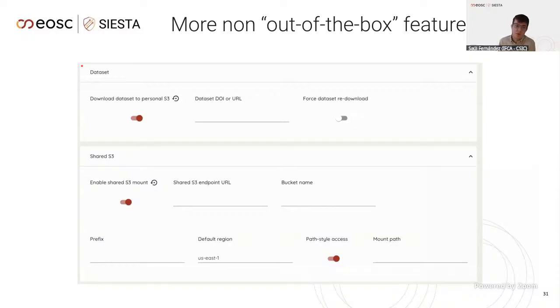In the upper part, we have this dataset functionality. We see that we can specify the DOI of a service, the DOI of a dataset, and this dataset will be downloaded into the personal S3 storage of the user during the service startup. In the lower part, we have the shared S3 configuration in which a user can add the credentials for mounting an external bucket that is shared